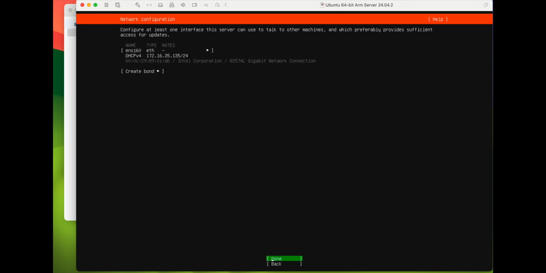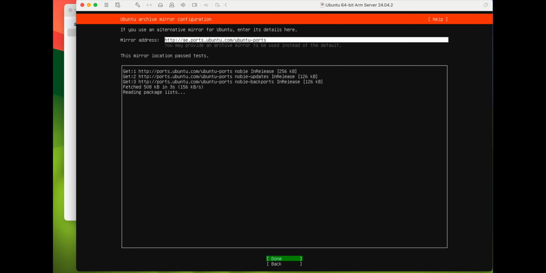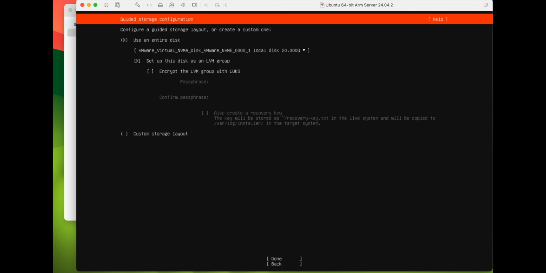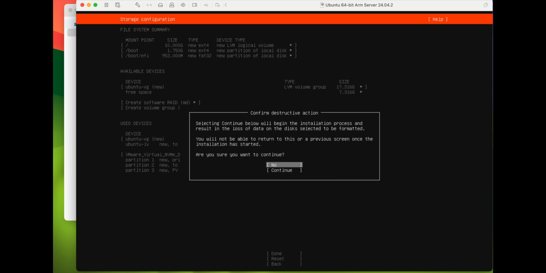Next, we're gonna set up and configure the network, and then we click on done. The proxy server, if you wish to add, if not, continue by clicking on enter. Later, Ubuntu is going to check some archive mirror. Click on done. Use the tab button to go down, and then again click on enter. And this is the summary of our Ubuntu machine which we are going to install. Then click done,